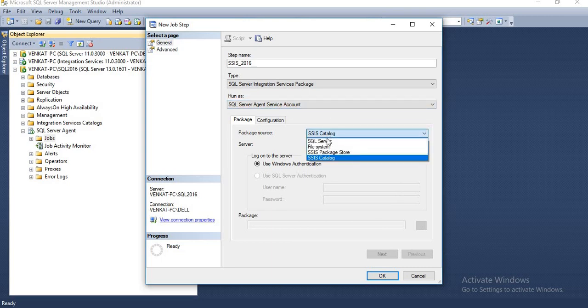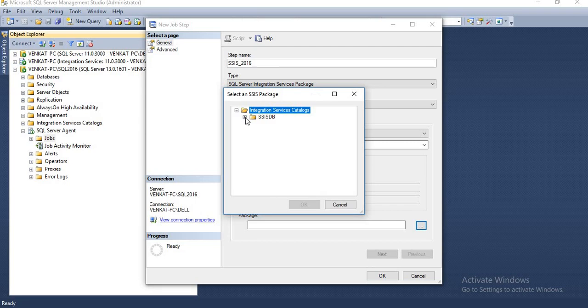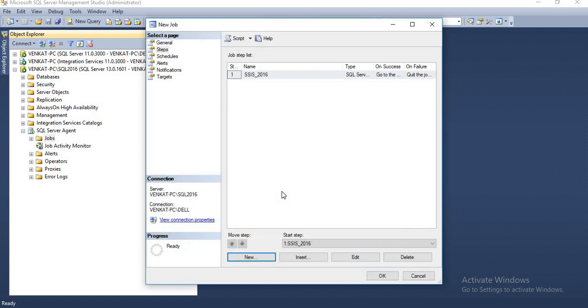Agent is fine, and you can select the catalog here. This is my catalog only. Under the catalog, my packages are there in the 2016 instance, and select this package path. Here you can see data loads 2016 package. Click OK. Yeah, so the package is linked.